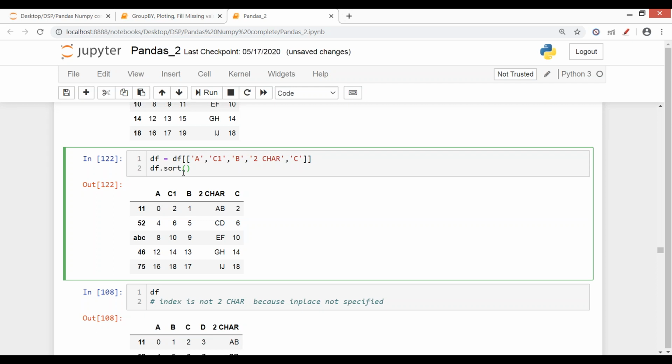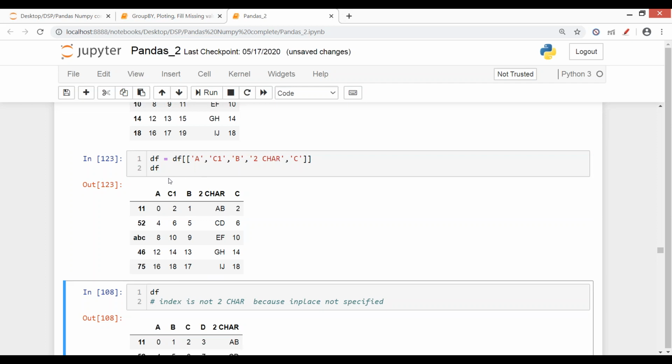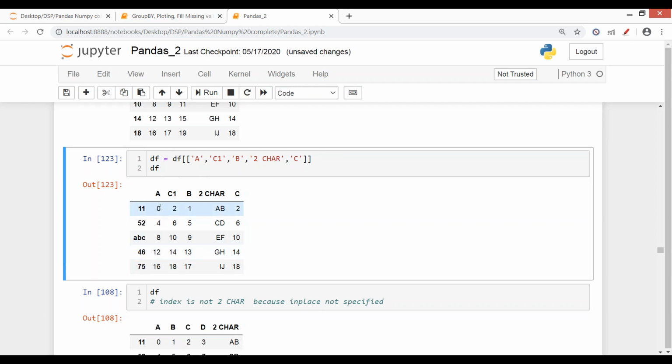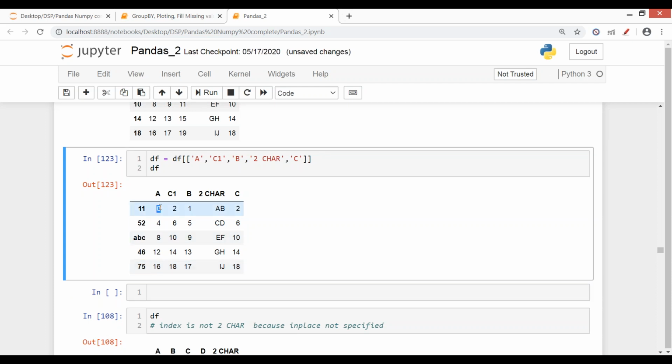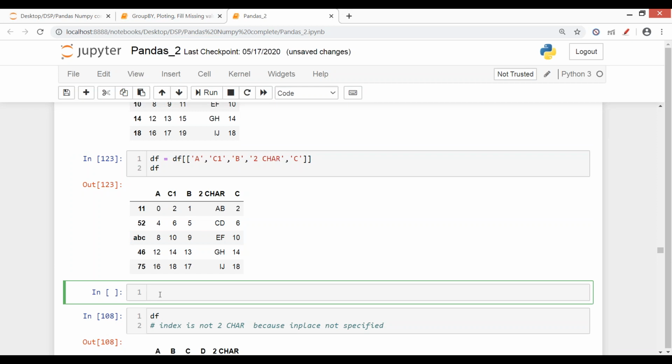Suppose you want to change a column, then we can sort it in ascending order. You can sort column wise. Column wise sorting can be done, but it doesn't shuffle your index. Let's say this is sorted, and if I want 75 first, then I want ABC, then I want 11, sorting won't work there. Because 16 will come first, then I'm asking for 0, then I'm asking for 8. Sorting can be applied on a column, that will work. You get an ordered column, but the index does not change on its own. The index will change as per the sorted values of your column.